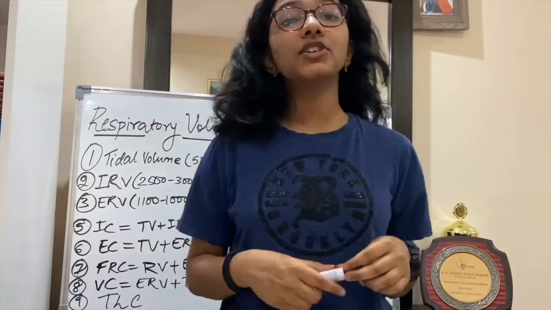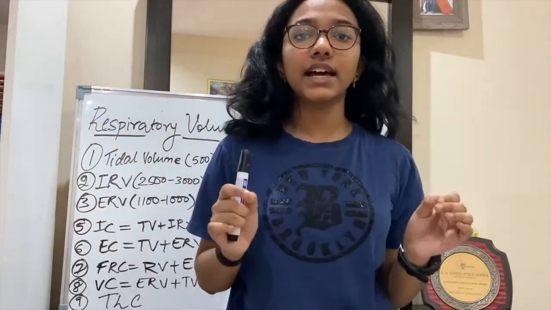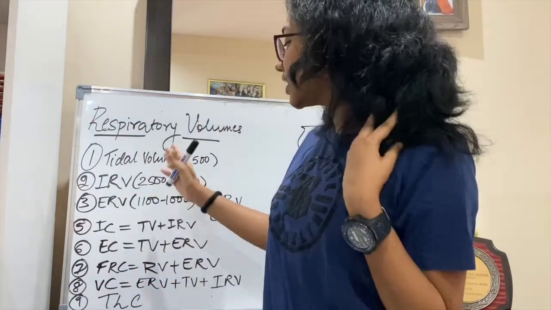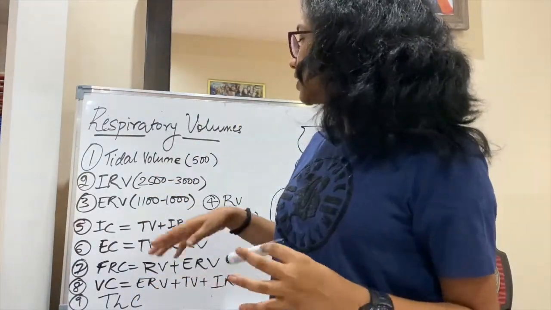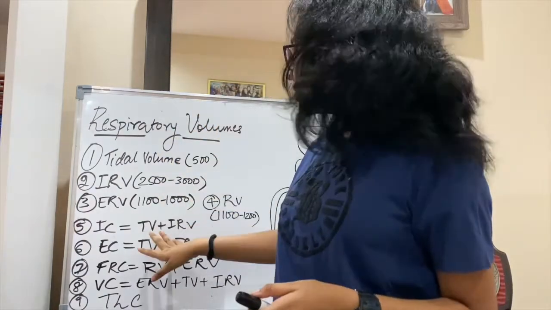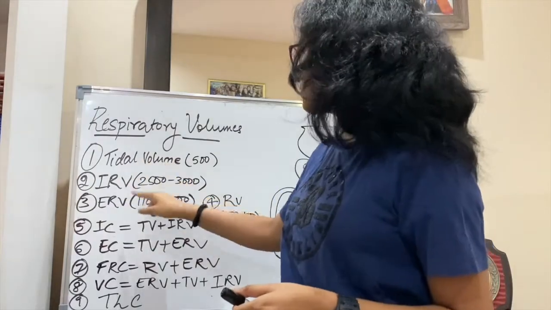We were done with the mechanism of breathing and the anatomy of the respiratory system in the previous class, and today we'll be starting with respiratory volumes. Alright, we learnt about the spirometer. Spirometer is this device which is used for measuring the various respiratory volumes, and in NCERT we have 9 of them, out of which we'll just have to remember the volumes for 4 of them, and the others are just a combination of these first 4.